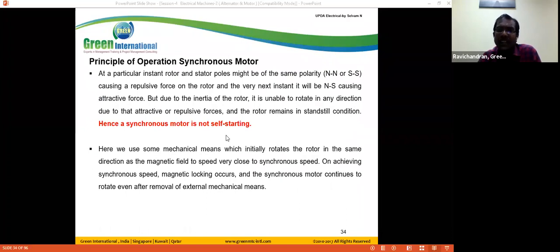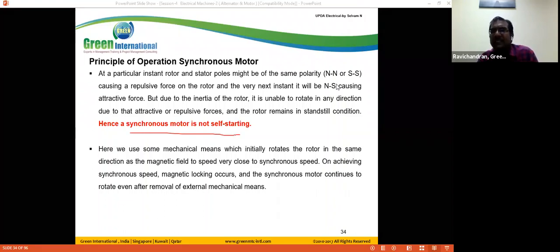So here we mention that the synchronous motor is not self-starting, because at the instant it does not rotate. It takes some alignment